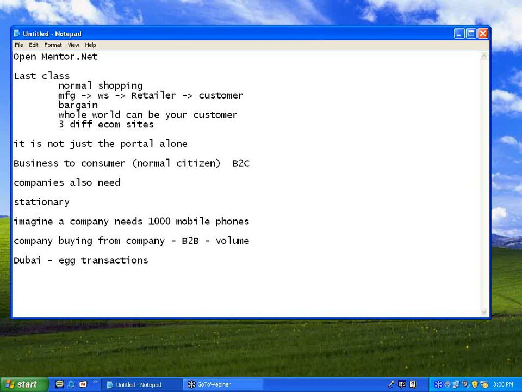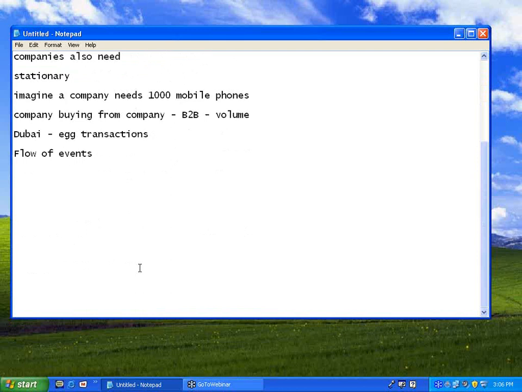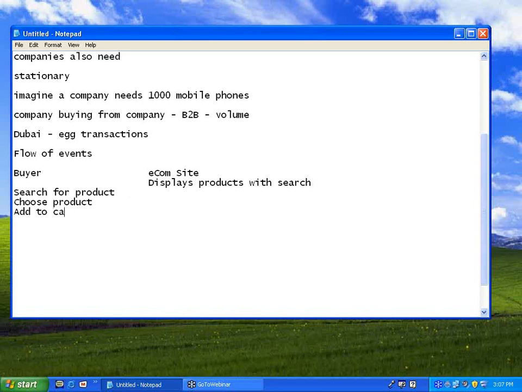Now, let us start discussing the flow of events. What happens in an e-commerce site? Let us have the buyer on this side and the e-commerce site provider on the other side. First, the e-commerce site displays products with a search option. Once this is done, the buyer searches for a product, then chooses the product, adds it to the cart, then provides a credit card,